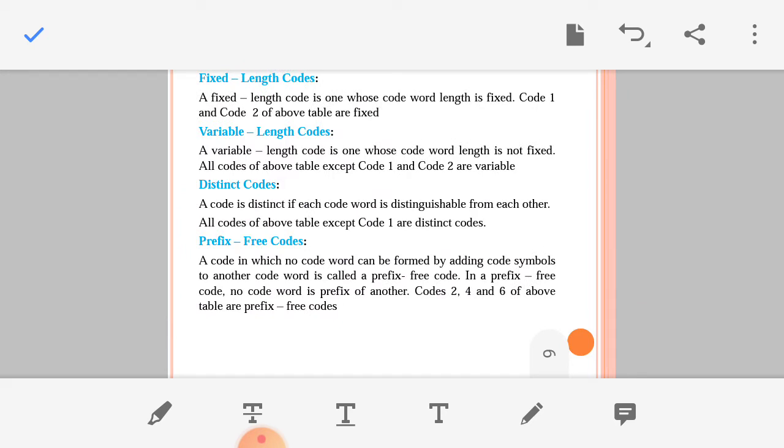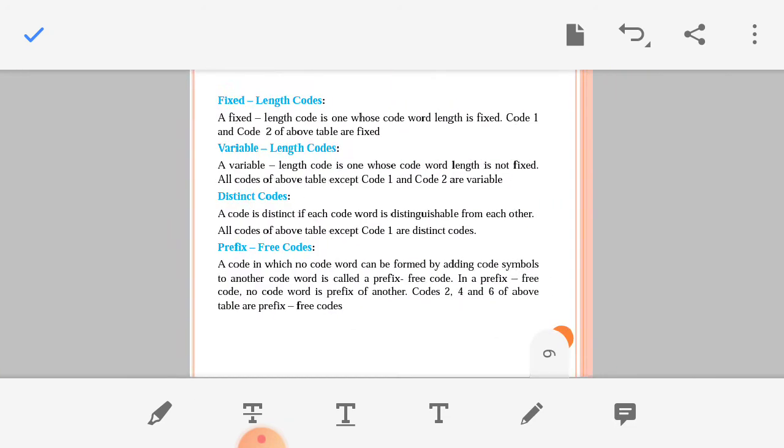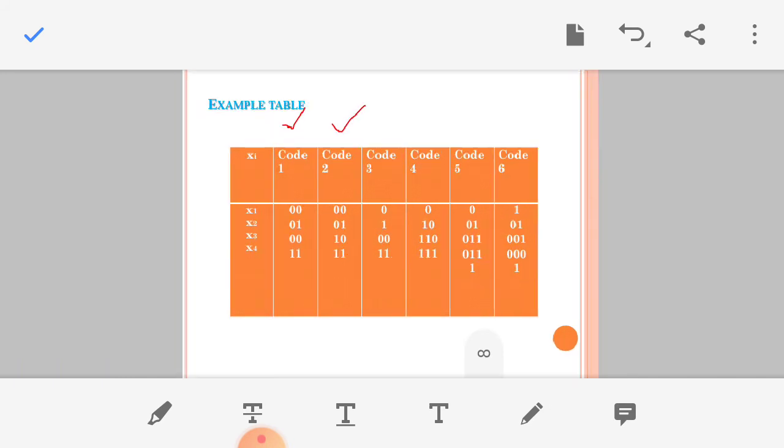All codes of the above table except code 1 and code 2 are called variable length codes. Distinct codes. A code is distinct if each code word is different from each other. All codes of the above table except code 1 are distinct codes.